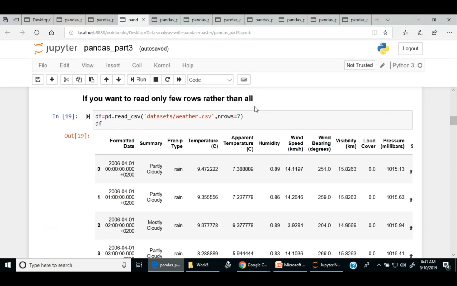Now, if you want only a few rows, like in this command, we have seen before, pandas. PD stands for